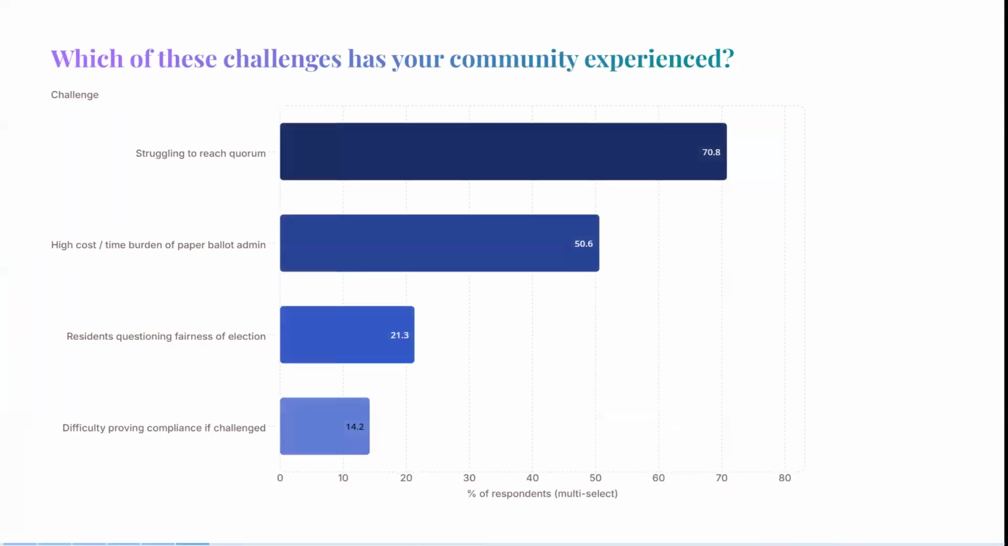So this chart shows how past webinar attendees responded when we asked which challenges their community has run into. And by far, the biggest one, at just over 70%, was struggling to reach quorum. Quorum failures usually mean a redo. And a redo means more printing, more postage, and more staff hours spent chasing the same vote a second or even third time around. Then, right behind that, about half of respondents pointed to the high cost and time burden